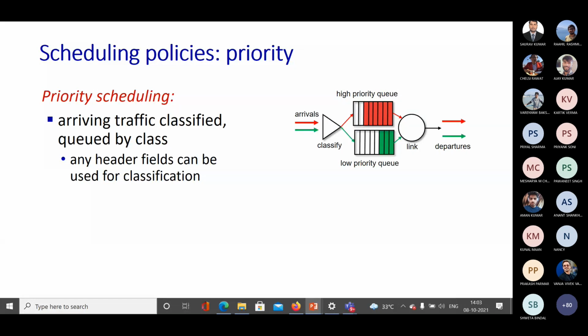So in yesterday's class, we had ended with different scheduling policies. We had studied FCFS and then we went to prioritized scheduling. There we have seen that arrivals incoming at the output port are classified as per their priority into different queues, that is a high priority queue or a low priority queue, and then the server, which is basically the link layer module, which is going to put different information,